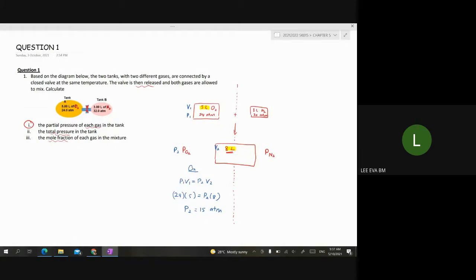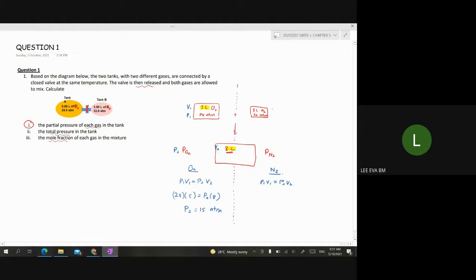Okay, so let's just look at the nitrogen as well. Still the same, nitrogen from 3 liter, you change it into 8 liter. So 32 atm, when you change into the bigger volume, for sure the pressure will reduce. So again, the same thing, change in volume, change in pressure, we apply Boyle's law. P1, V1, P2, V2. So apply your